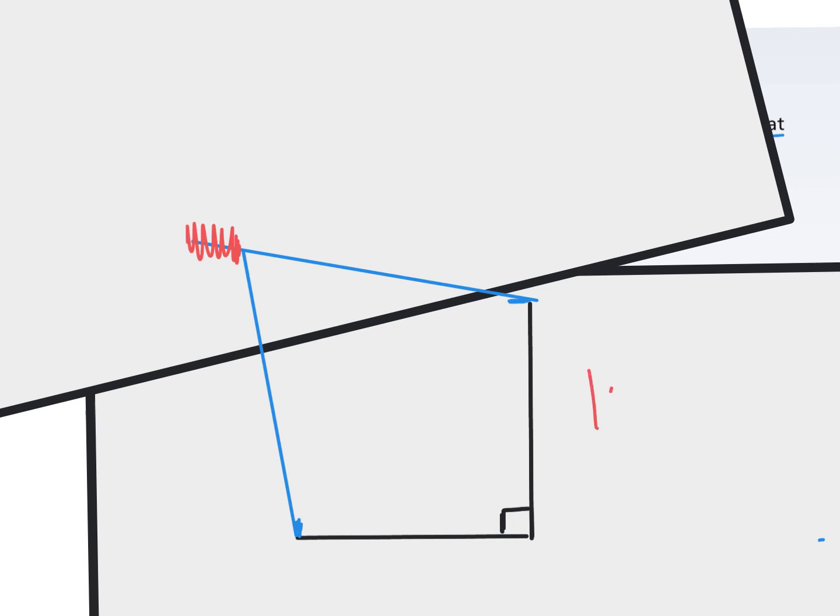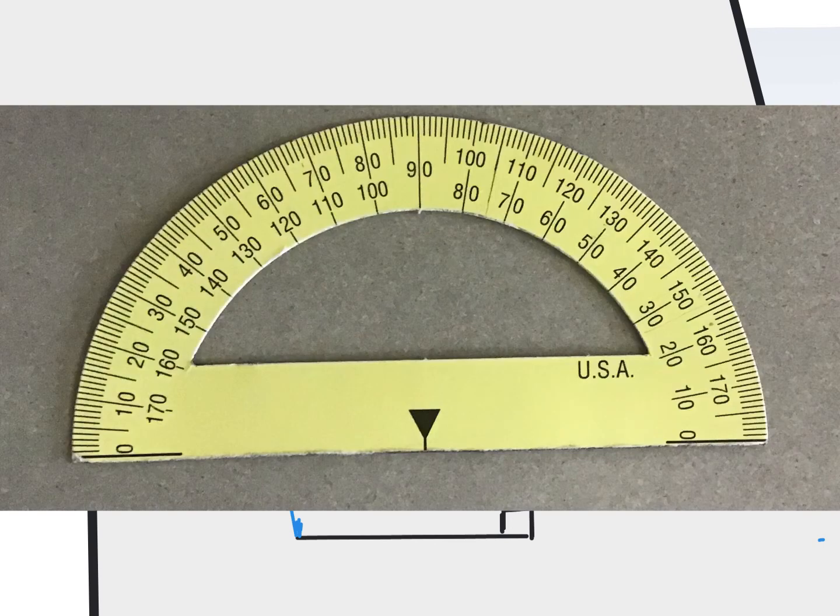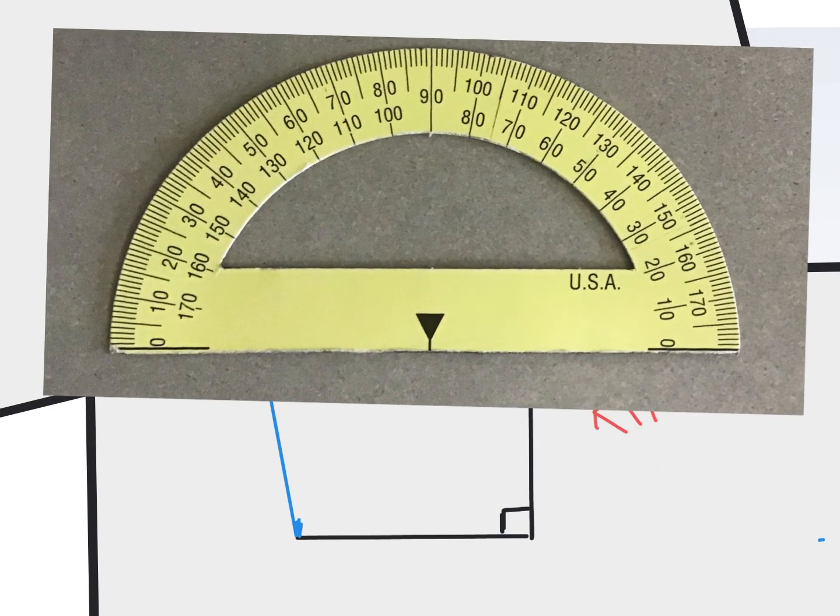So you can see then that would be a kite. And like I said, there are other ways of doing this. Basically on your protractor, what's going to happen depends on which kind of protractor you've got. If you have one of these protractors, you're going to be looking at this triangle at the bottom